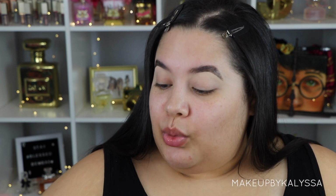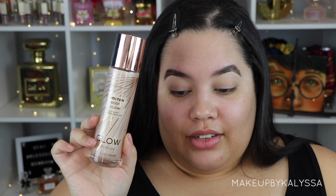The next thing that they sent me is actually really heavy. When I was opening this, I was like, what the heck is this and why is it so heavy? This is the Makeup Revolution Glow Melting Body Glow. So you go glow, girl. This is a face and body liquid illuminator in this kind of champagne-y gold shade. I'm gonna...